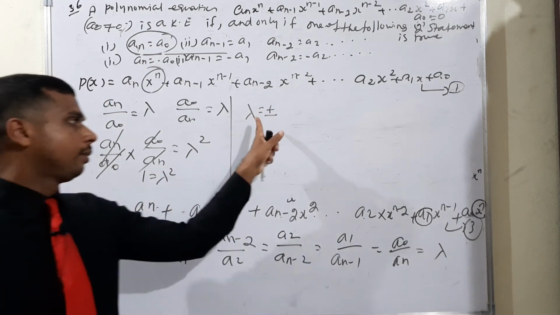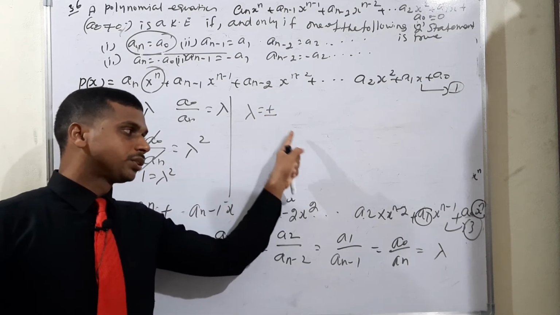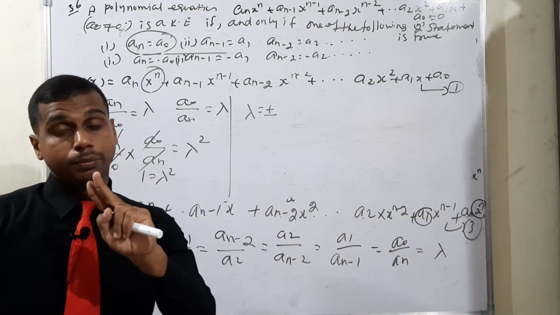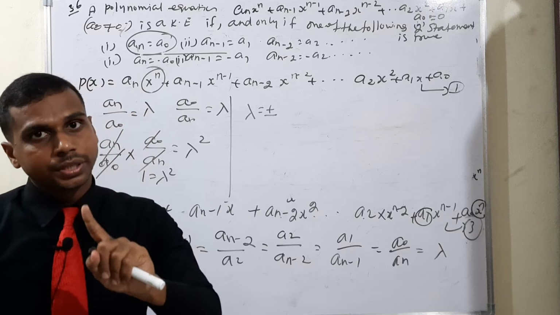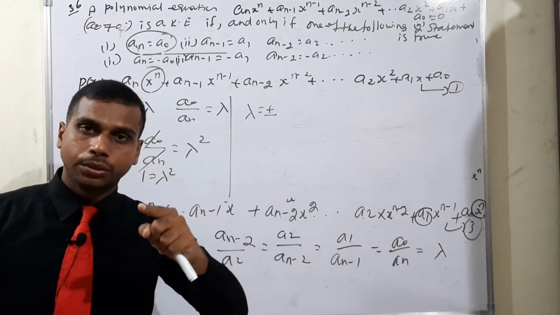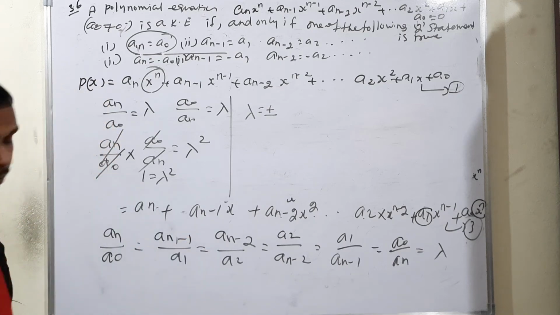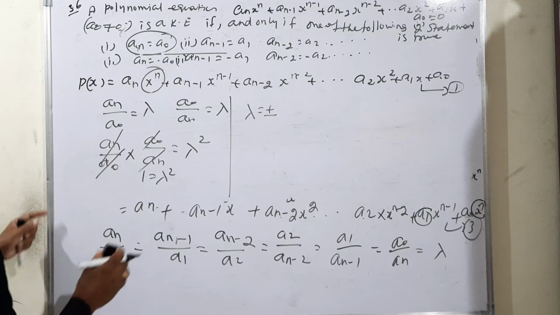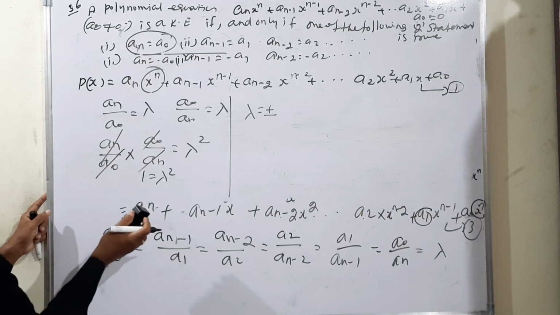Now, we can apply case number 1, lambda is equal to positive. What will happen? That is why, if and only if the statement, two statements are there. What are the statements? One positive statement, one negative statement. Here also the result we have one positive, one negative. So, case number 1.